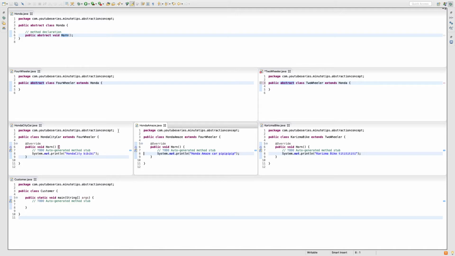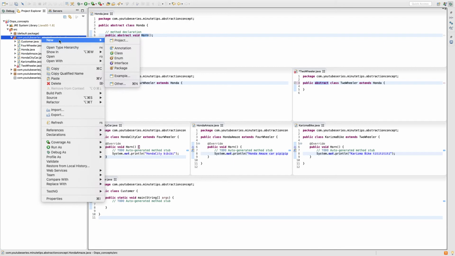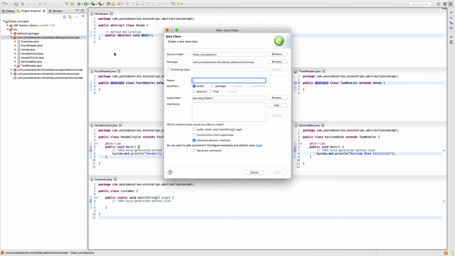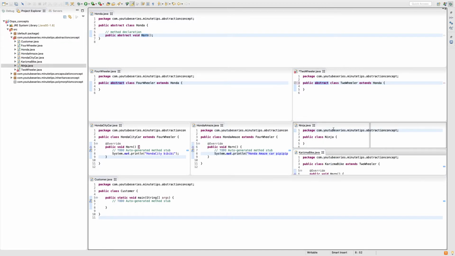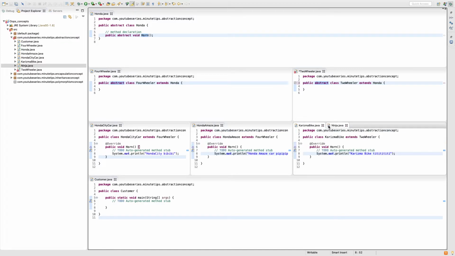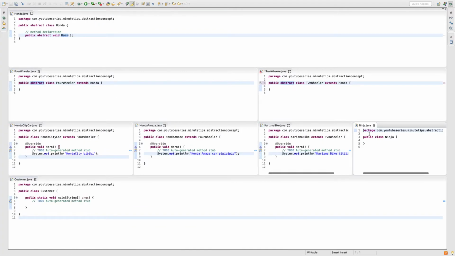Tomorrow, if we are manufacturing one more bike, let's say Ninja, where will this bike come? This bike will of course come under this section, we know that. As it is a bike, I want it to extend the two-wheeler class.